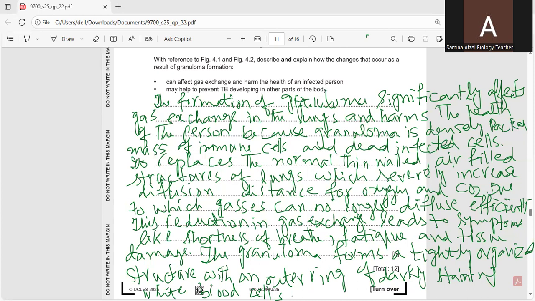So I will start. Space is less because I write on the laptop, this is the reason this space is decreased by writing, because of large handwriting. So what happens? The infected cells and the bacteria are physically trapped